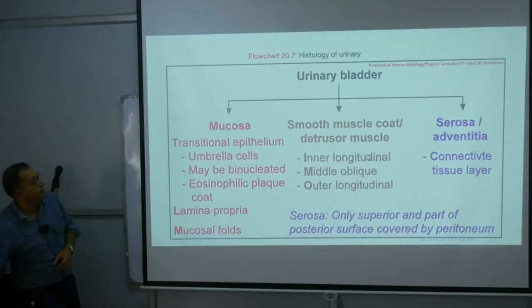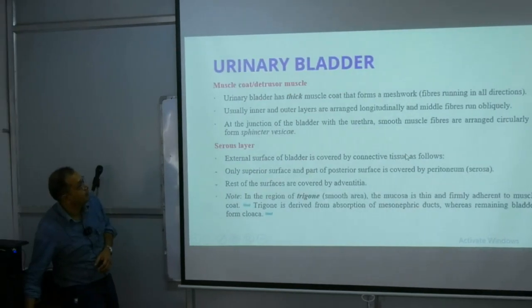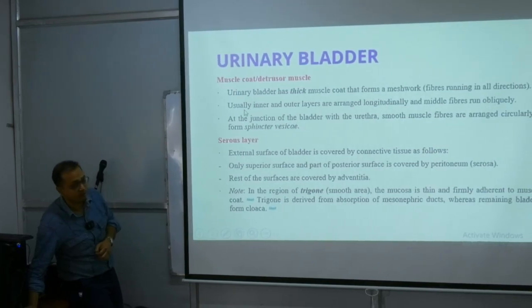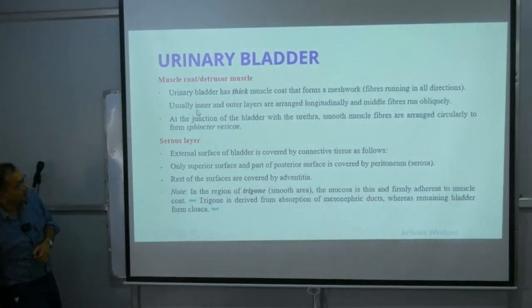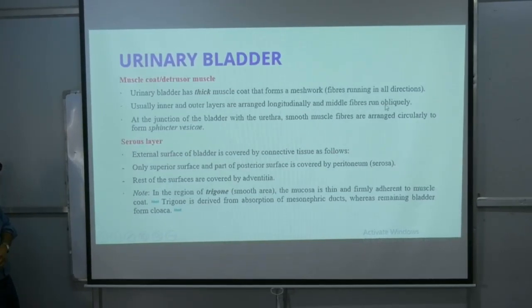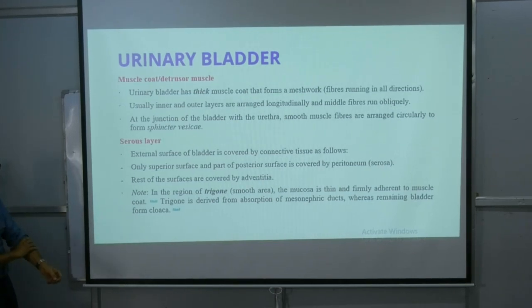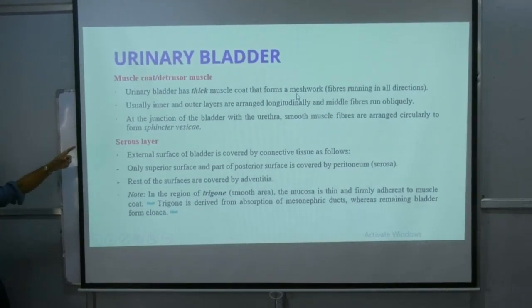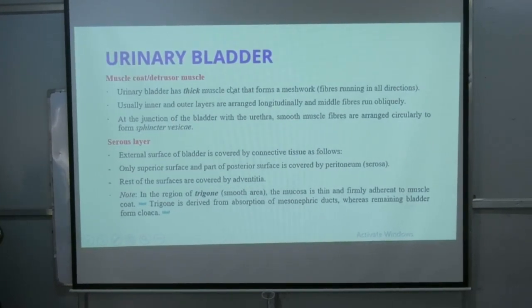Now this particular region of the urinary bladder, as we are seeing here, the muscle layer has a certain thickness. Usually the inner and outer layers are arranged longitudinally, and the middle layer is running obliquely. That means this muscle has a bizarre pattern of running. They do not have a particular organization in these layers. Some of this muscle layer lying in this region may be transformed to form a sphincter